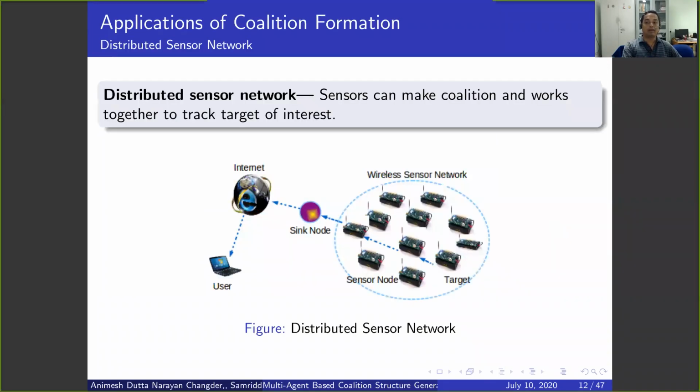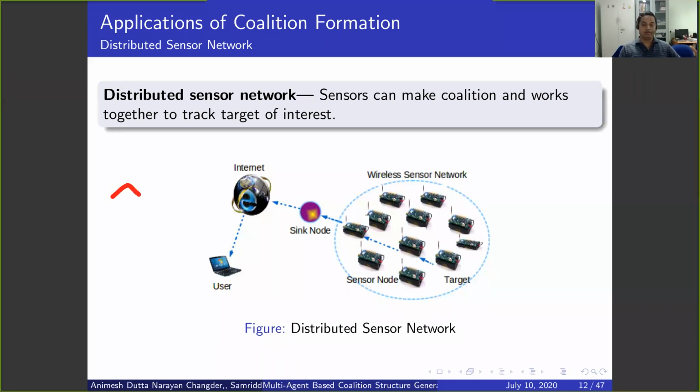So there are a lot of applications for coalition formation. Distributed sensor network is one of the applications of coalition formation. Sensors can form a coalition and work together to track targets of interest. If there is more than one target, they cannot be tracked by one sensor. As I gave the example in the last class also with the DCOP, that there are sensors and